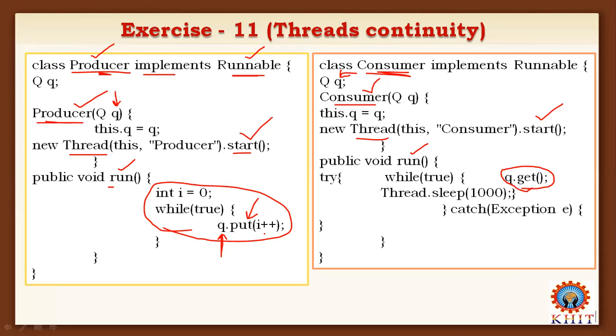The put method is just taking that value and initializing it with n, while the get method is just consuming that value. In addition, we use the sleep method for making a proper switching between producer and consumer while executing both. And we know that the sleep method generates an exception, that's why we kept it in a try block and defined a catch block as a handler.